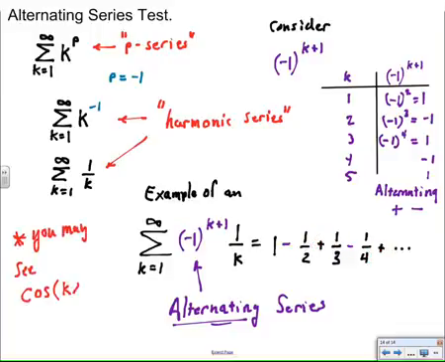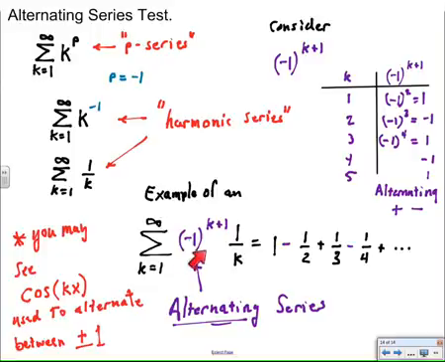Before we go any further in exploration of harmonic series versus alternating series, I want to point out that you might see the cosine of kx used as an alternative instead of writing negative 1 to the k plus 1 power. The reason is because the cosine of x, I'm